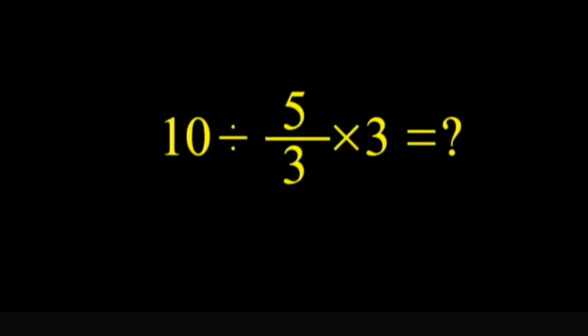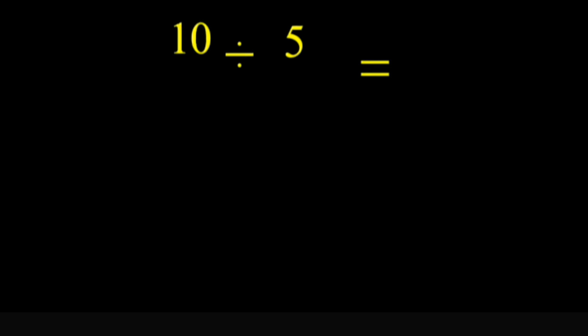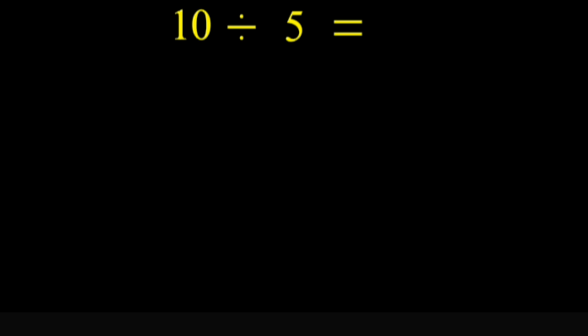First, we perform this multiplication. 5 over 3 times 3. This 3 and this 3 cancel each other out, and only 5 remains. In the end, 10 divided by 5 gives us 2. But this answer is not correct because we did not follow one of the most important rules in mathematics called